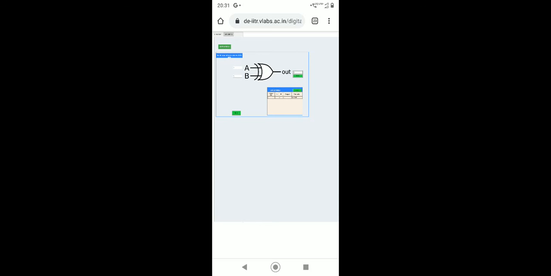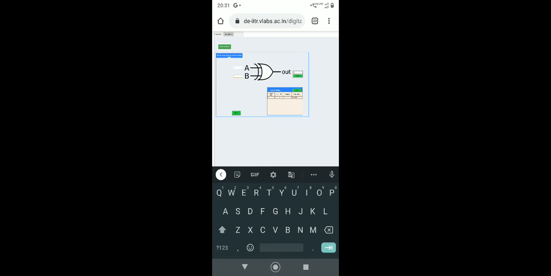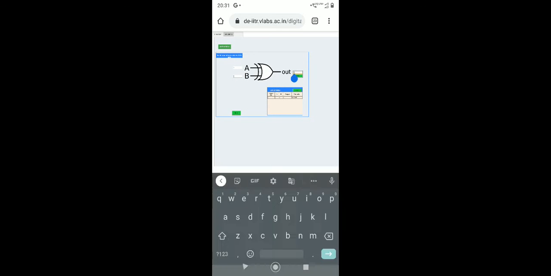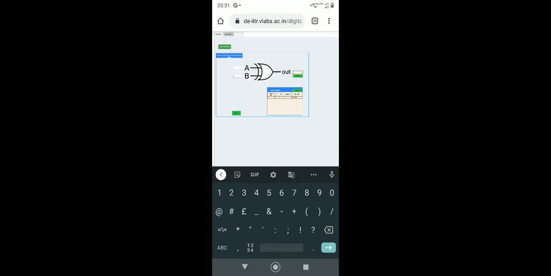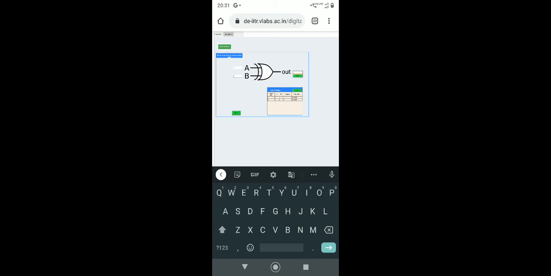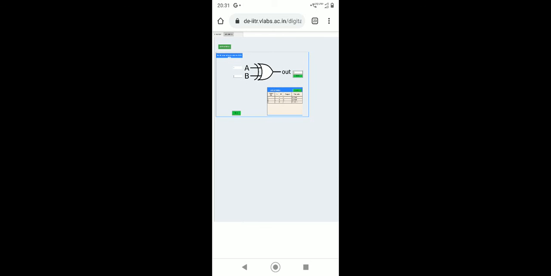Correct. If we are giving B as 0, then the output will be 1, correct. If here we are typing 0, then we can check that it will be incorrect. Okay, clear? Now in simulator 1 we have to first do the power on.